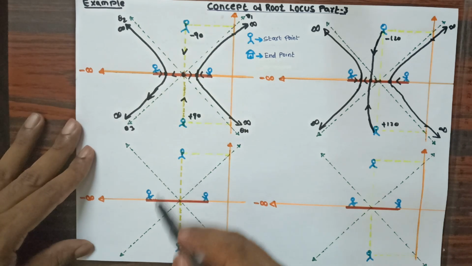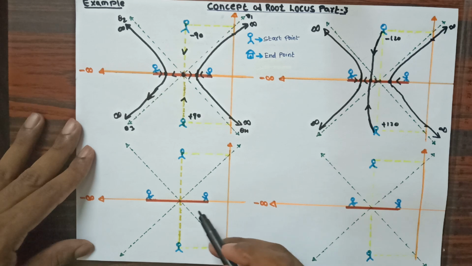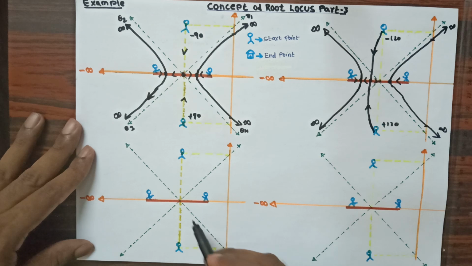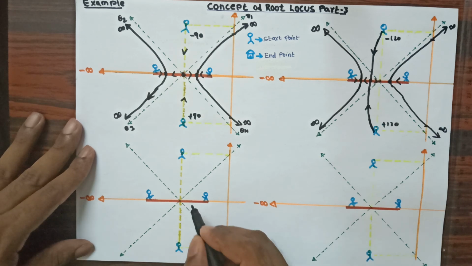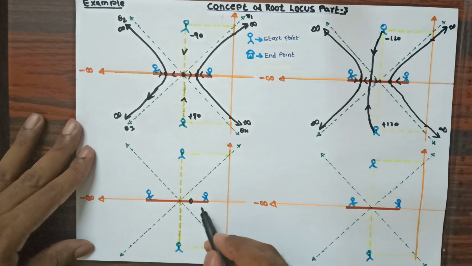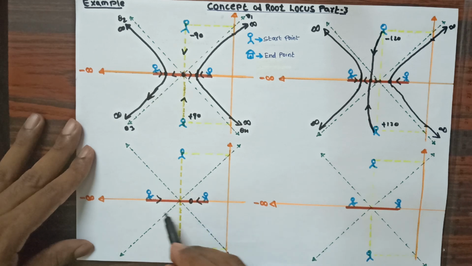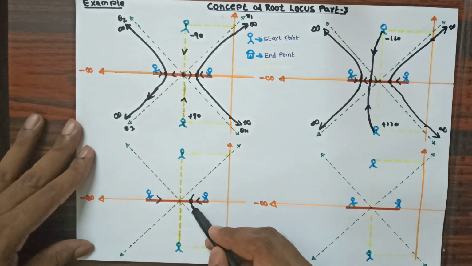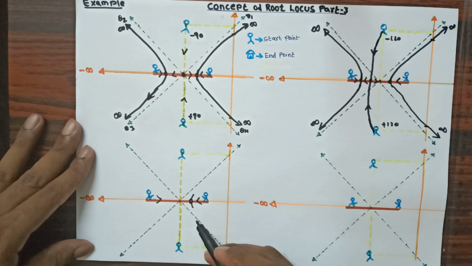in this example I have considered 4 persons without destination, and you can see that all 4 persons are moving to infinite destination with these 4 angles. Now before applying the input I will provide a breakaway point, only one breakaway point here. When I apply the input, this person moves in this direction and this person moves in this direction. Definitely they are going to meet at this point and one will come out above and another will come out below. Now I have not provided any breakaway point for these two persons, but I will provide an angle.